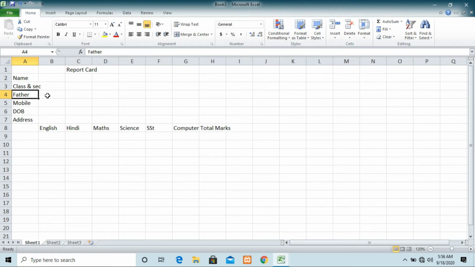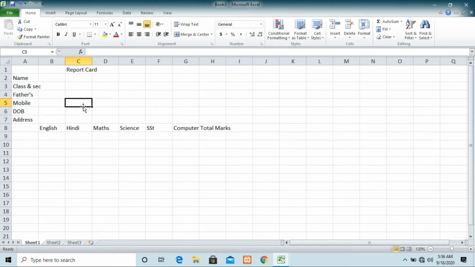I just press the F2 key on my keyboard. Now see, it will show you the cursor. Now I just use the apostrophe. Fine. So this is how you can insert data inside the cell.